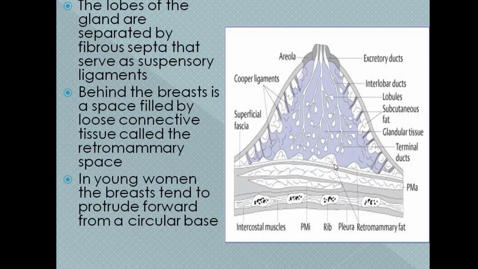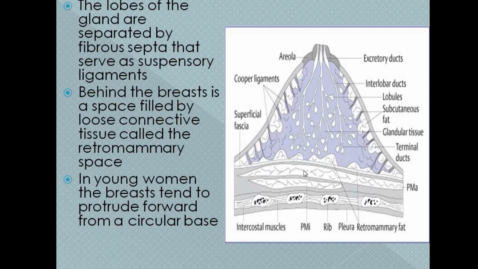So if we take the cut section, the breast is a conical projected area present on the skin, and the skin gives the septa. The septa are present, and these septa are called the suspensory ligament. They separate the lobules of the gland and provide the attachment of the glandular structure to the skin. So they act as a suspensory type of tissue. That's why it's called the suspensory ligament of Cooper.